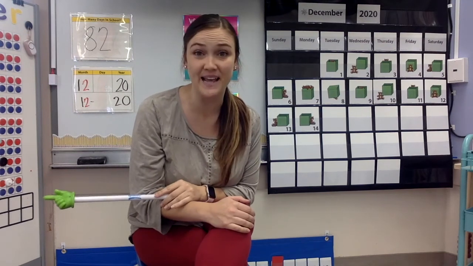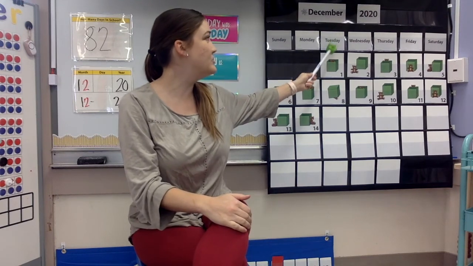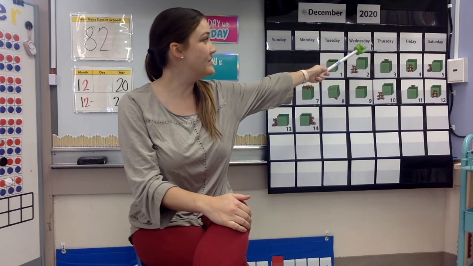Today is Monday. To find out what comes before and after Monday, let's go ahead and sing our Days of the Week song. Days of the week, days of the week, days of the week, days of the week, days of the week. There's Sunday and there's Monday, there's Tuesday and there's Wednesday, there's Thursday and there's Friday, and then there's Saturday. Days of the week, days of the week, days of the week, days of the week, days of